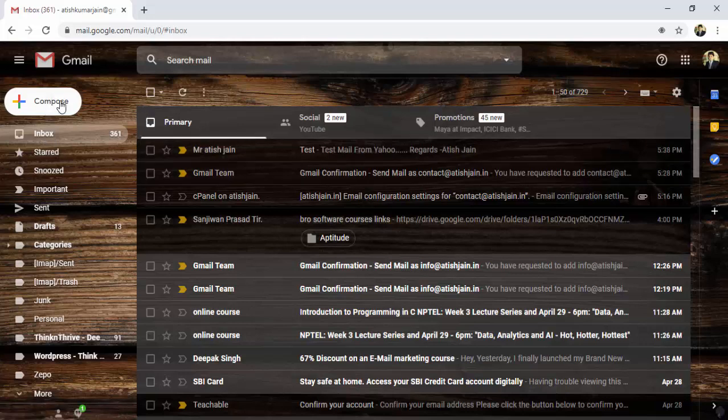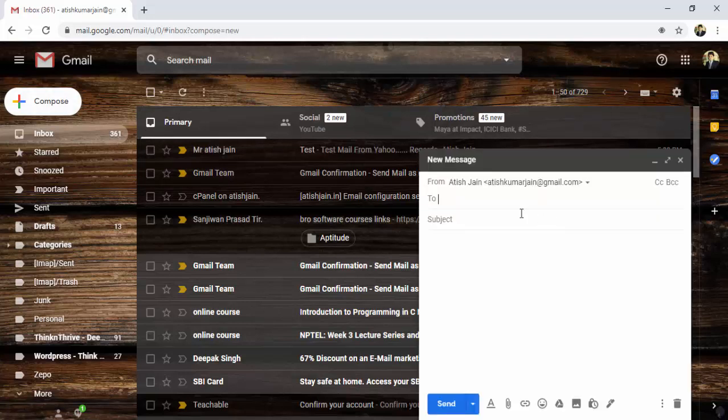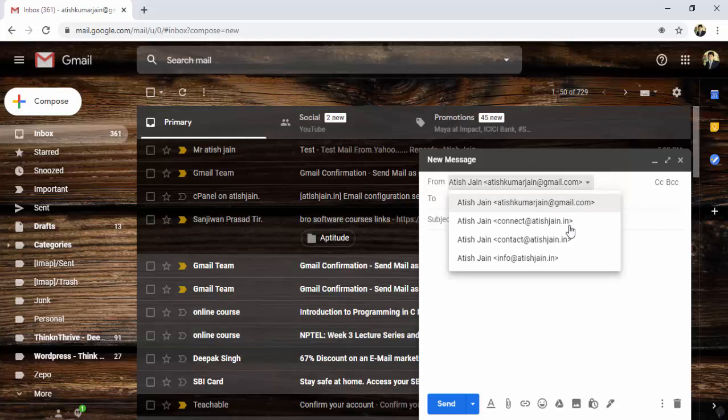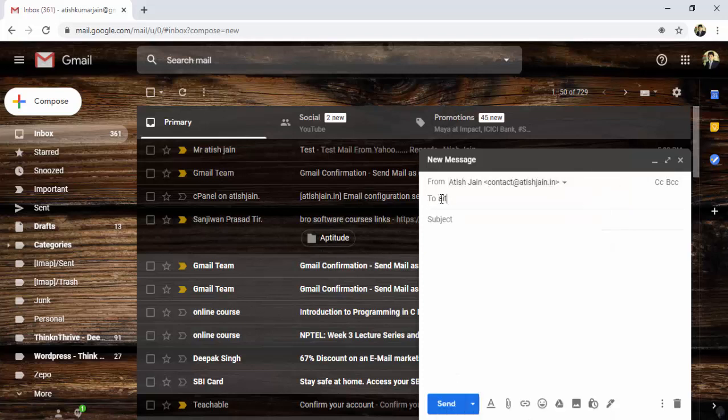Click on compose. Here, where it says from, click on the drop down list and select your contact@atishjain.in. To, here my Yahoo mail ID is atish_jain@yahoo.com, and in the subject line I am writing test mail from business mail ID, and thank you.